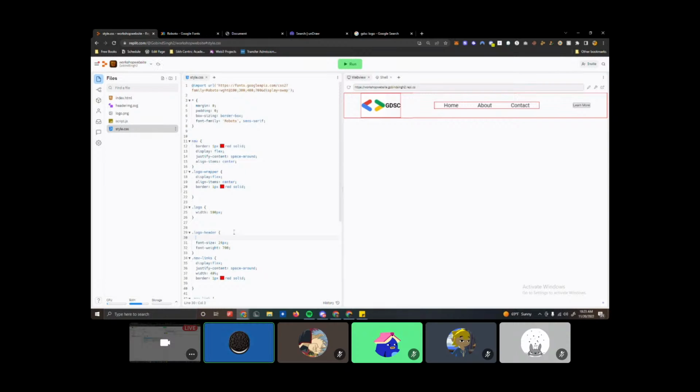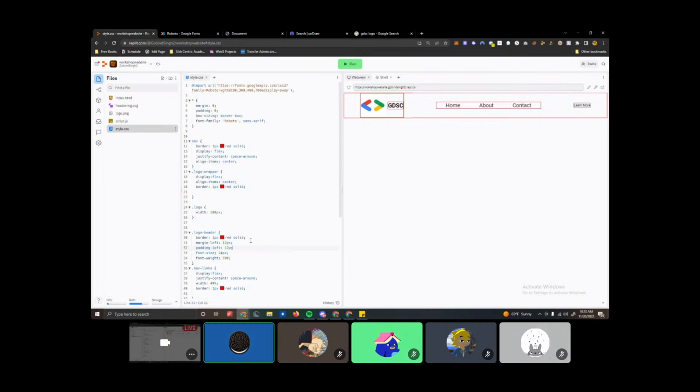Okay, now let me explain to you what's the difference between margin and padding. So let's add a border around this. And so as you can see, it's highlighted the element that we're trying to add properties to. And so when we add a margin, let's add a margin to the left side of 12 pixels. As you can see, the space between this element and this element increased right here. Okay, but if we were to add padding,